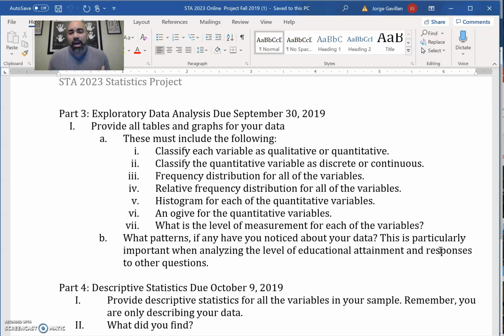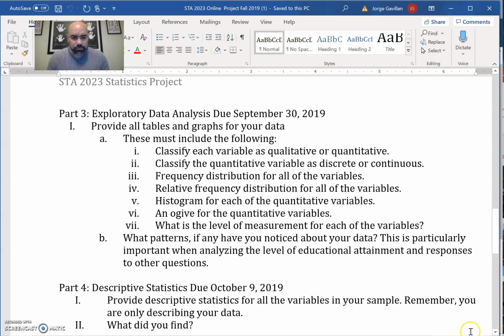One of the things that you have to start getting accustomed to is, when you look at your data, do you notice any patterns? Is there anything that stands out to you? This is important because when we get to the other sections, you can go back and say, hey, wait a minute, this group of participants said yes to this particular question at a higher rate than the other ones. That's something that should be interesting and you should include in your paper,